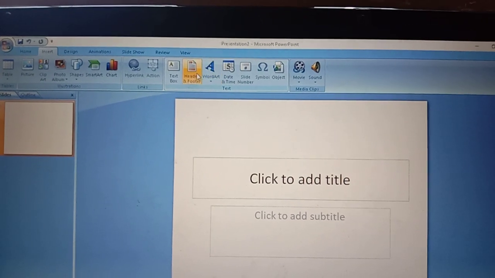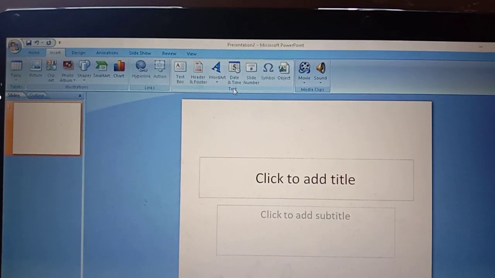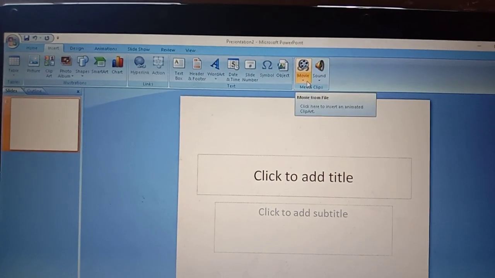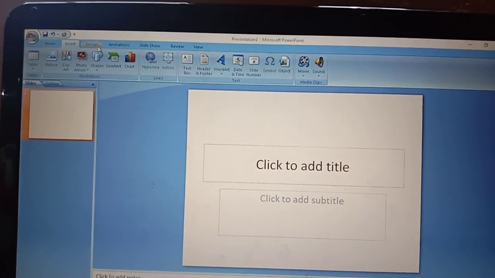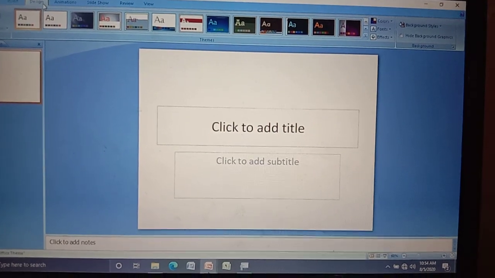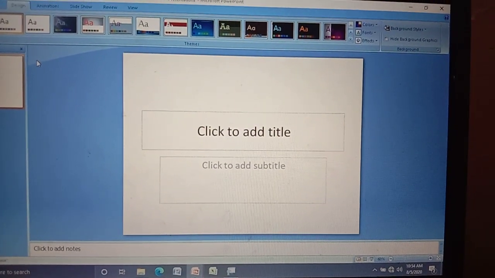Header and footer, page number, title of your slides come under the Text group. If you want to insert movies or a sound effect, you can use this group. Similarly, we have n number of groups here. The ribbon has 7 tabs, and each tab has different groups.